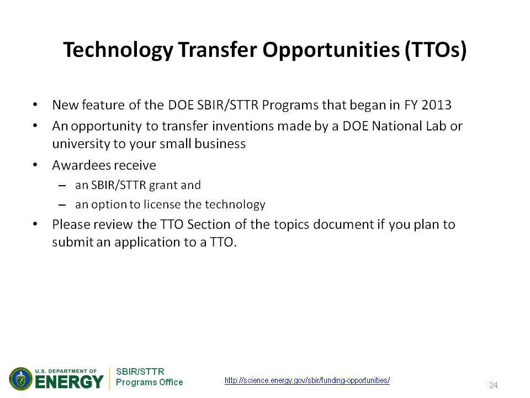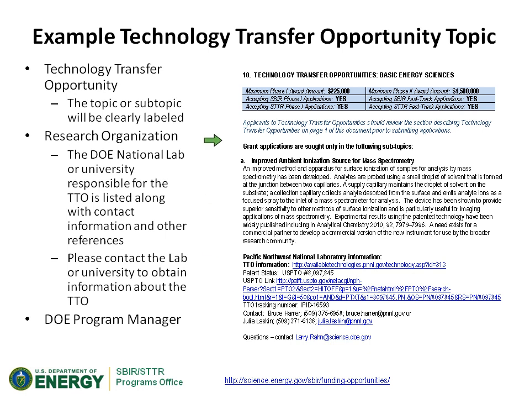And on the next page, I have again an example. Again, this one's from Release 1, and again, right at the beginning, we will, in the topic area, tell you this is a technology transfer opportunity. And what we will present is, what was the invention at the lab, and we'll also provide you with some links to more information at the lab or more information from the U.S. Patent Office so that you can actually refer to the patent itself. A lot of your questions in this case will probably best be answered by contacting the lab or the university. We do provide the DOE program manager if you have any questions about how you intend to use the invention and are concerned about that aspect of it.